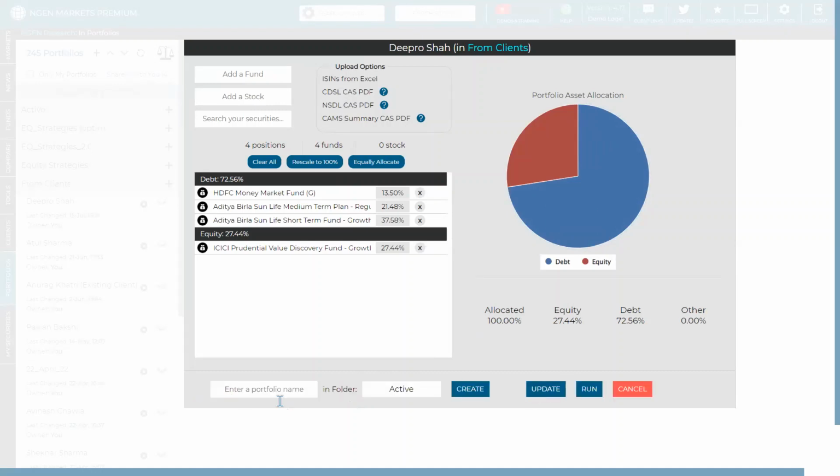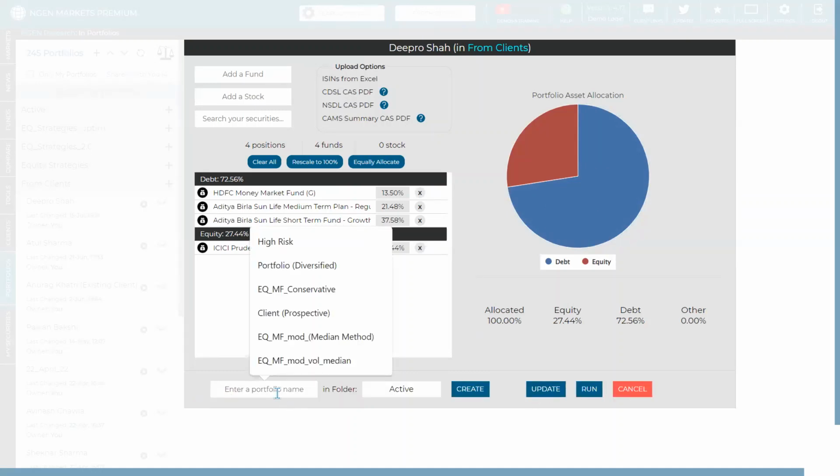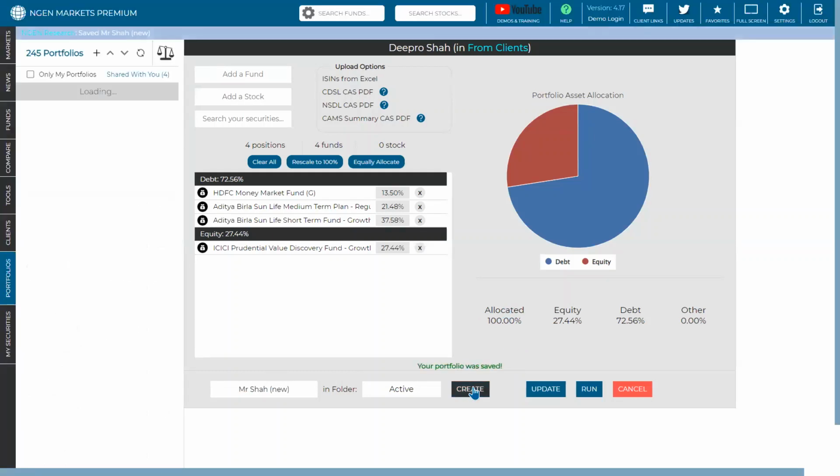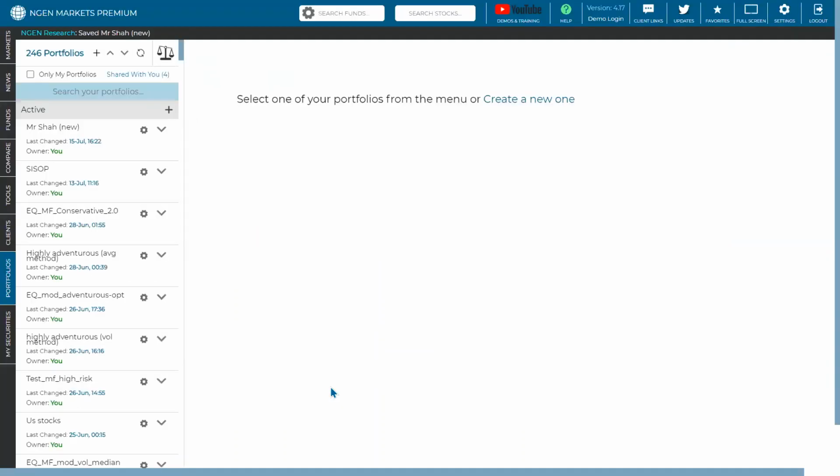Once you save it as new, let's say Mr. Shah, you can create this and then compare it directly in the compare portfolios section.